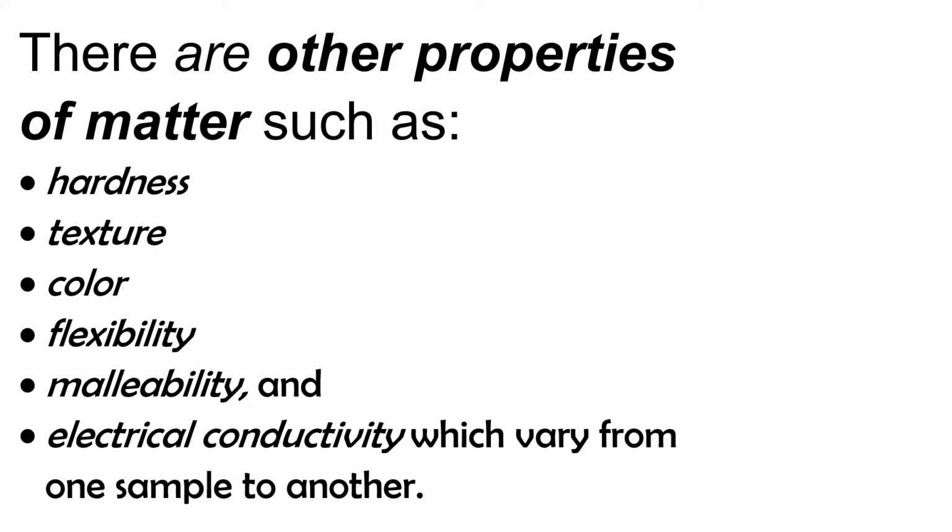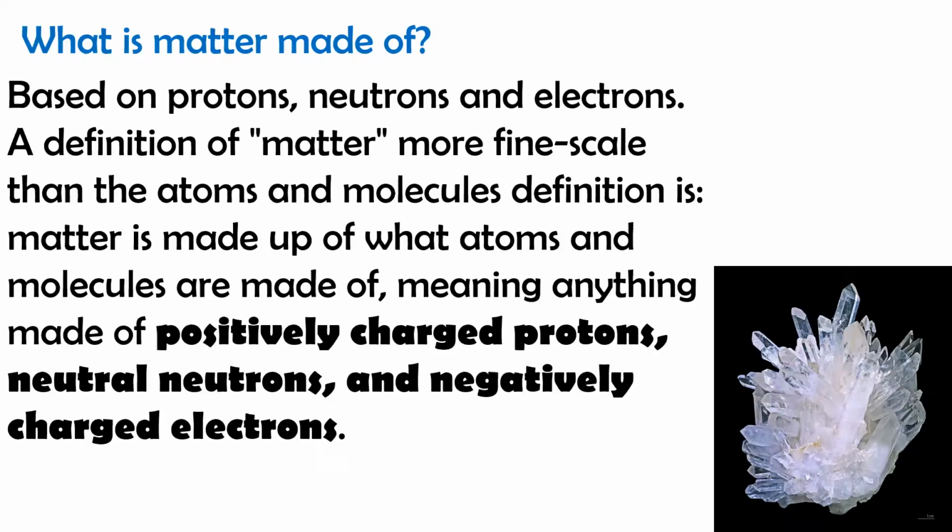So there are other properties of matter such as hardness, texture, color, flexibility, malleability, and electrical conductivity, which vary from one sample to another. So what is matter made of? Based on protons, neutrons, and electrons, a definition of matter more fine scale than the atoms and molecules definition is